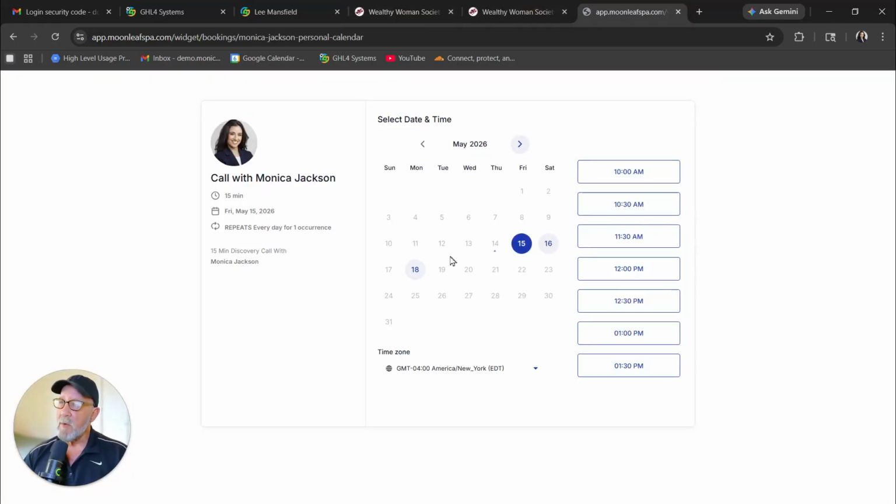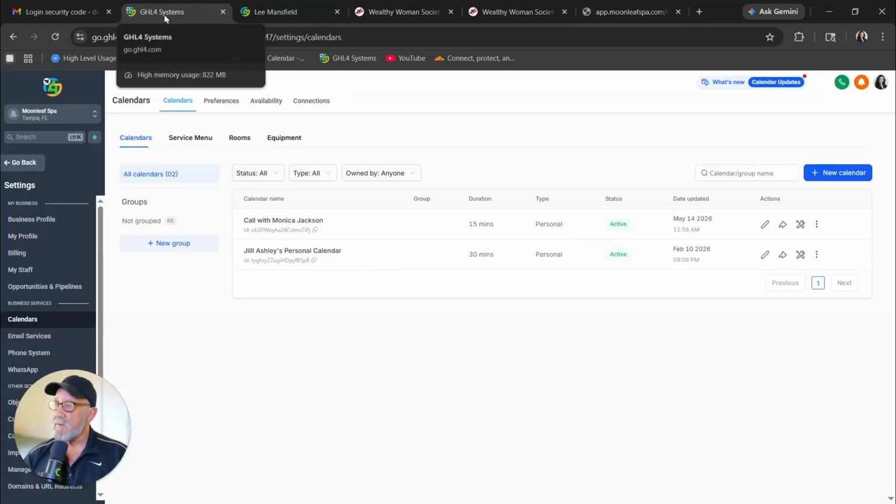So like we talked about before, when somebody books an appointment on Monica's calendar, the only thing that lets her know that she has an appointment is her app. We need to change that. We need to create some automations that send out some emails and let Monica know she has some appointments on her opportunities board. So if I go back here to the system, the first thing I want to do is